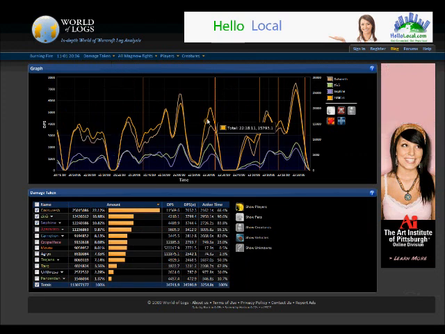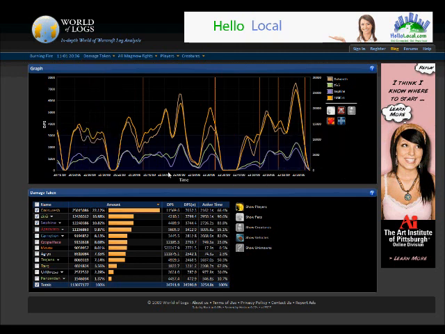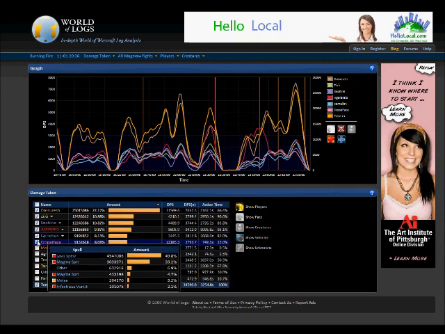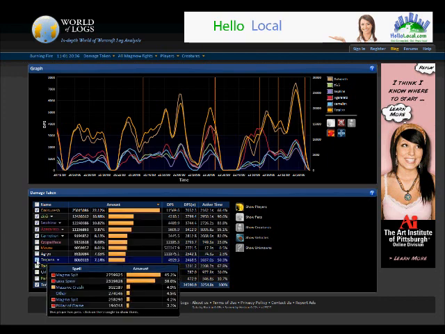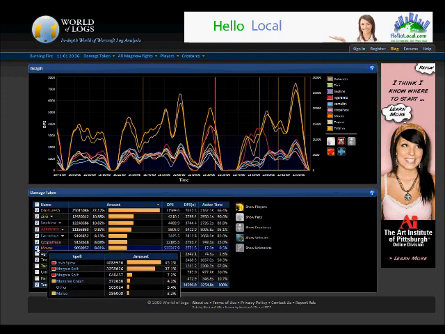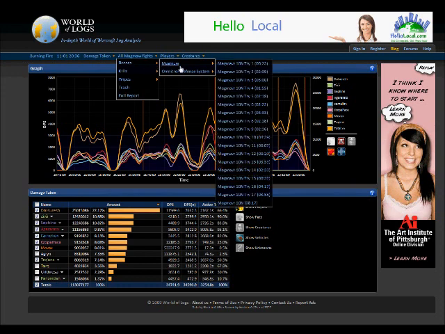You can also go into a little bit more detail for each of the damage done, damage taken, healing done and healing taken. These graphs will show you quite a lot of information, and it really depends on the fight as to what is going to be useful information to look at. You can add your characters to the chart so you can see we're looking at damage taken. At the moment we're looking at all of the fights, so these troughs here are in the middle when we were running in. If we want to, we can look at one specific fight,